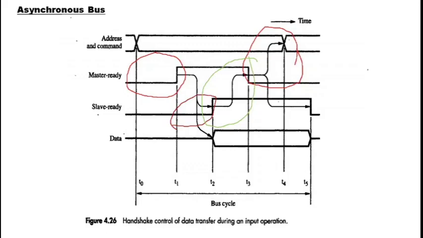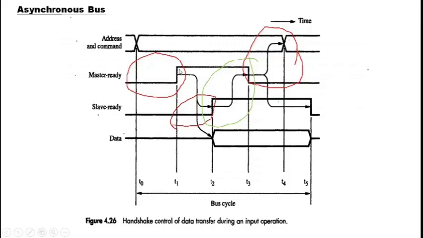That is also another advantage of asynchronous communication or asynchronous bus protocol. And then if you see here, this master ready and slave ready signal are into each other, right? Or actually they are in stacked form. Okay, so this is actually a handshaking part. This mechanism of using master ready and slave ready signal is known as handshake mechanism, in which, at T1 master will give its ready, then by T2 slave will say that it is also ready. So master ready is followed by slave ready, indicating that master's command and address is received by slave in proper condition. So this is a good example of a handshake protocol.